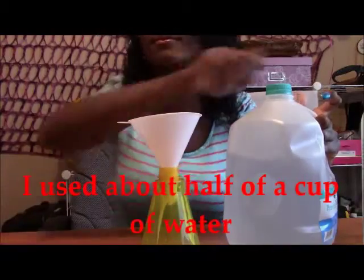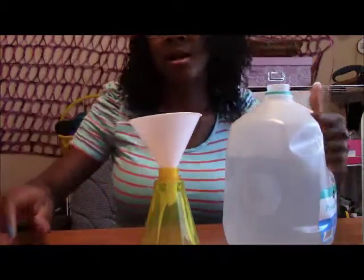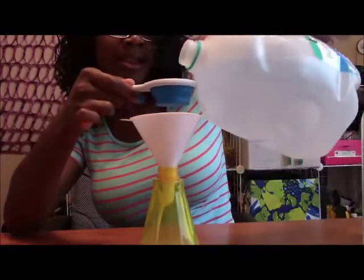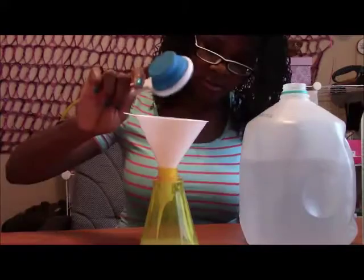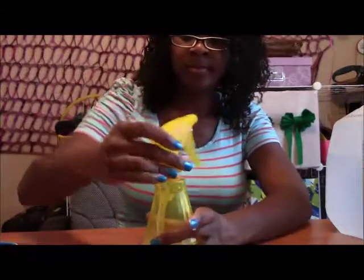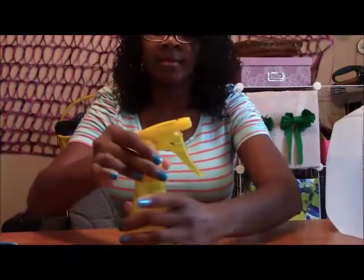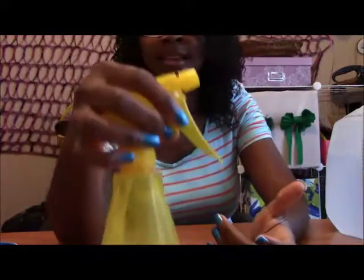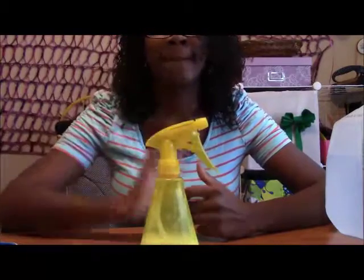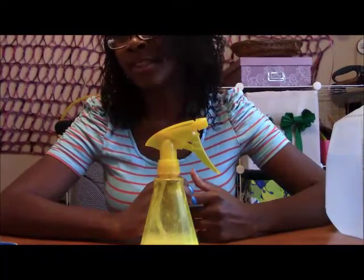You're supposed to use less than a cup of water. I'm going to use 1/2 a cup of water. And it's ready to use. It's a weird angle to record on. Alright, so